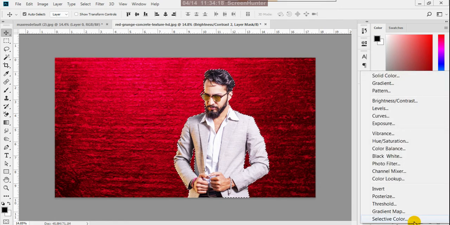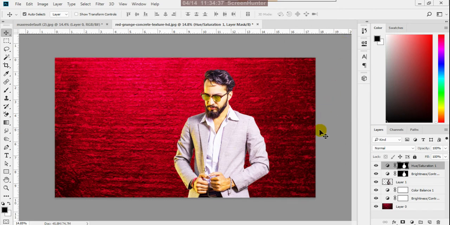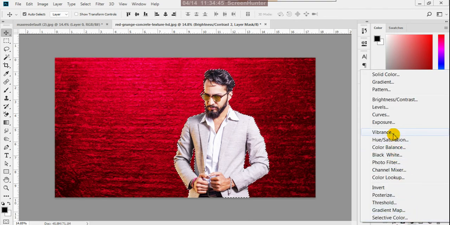Here I'm adding some hue saturation levels. You can check whether it is matching or not. No, I'll give some redness. Just cancel it, I don't want this. Just cancel this. Yes. Now what I'll do, I'll add some